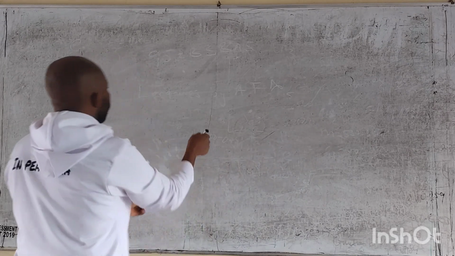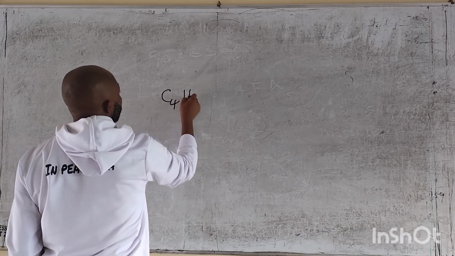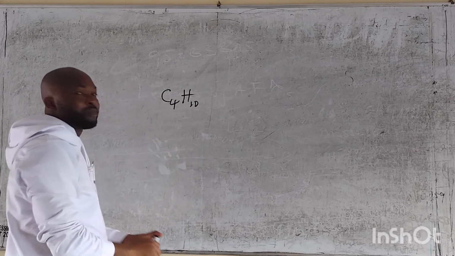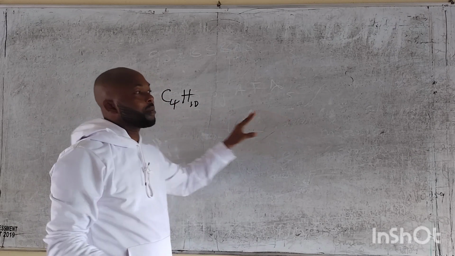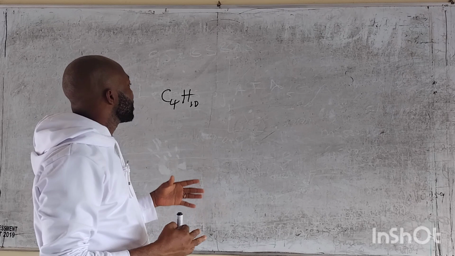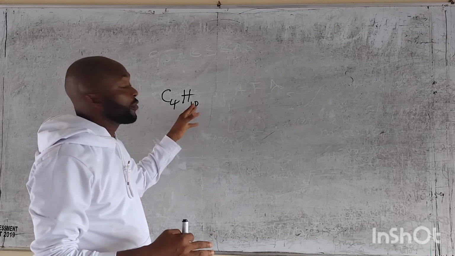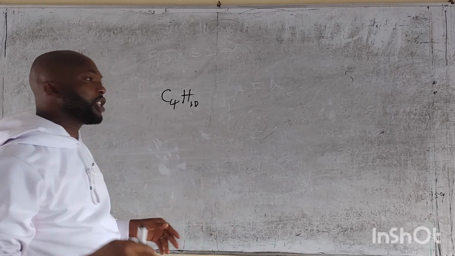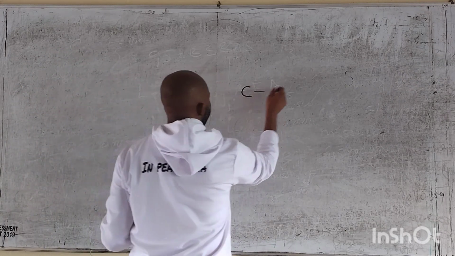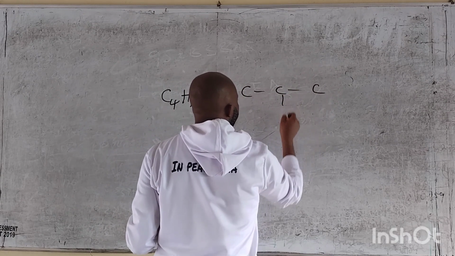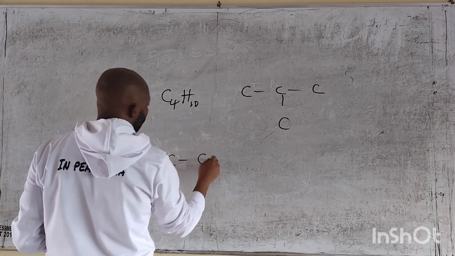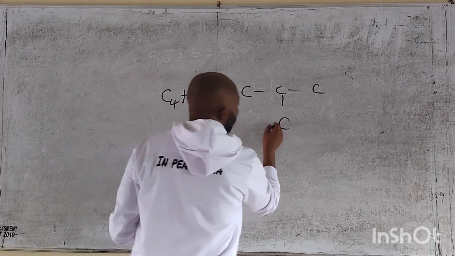Butane is C4H10. Now, it means we have 4 carbon atoms and 10 hydrogen atoms associated with it. Now we say isomerism is a process where a compound has the same molecular formula but a different structural arrangement. Let's see how many structures we can get from this. Let's take the first one. 1, 2, 3. Then I have 1 here. I also have 1, 2, 3, and 4. So here, if I put my hydrogen,